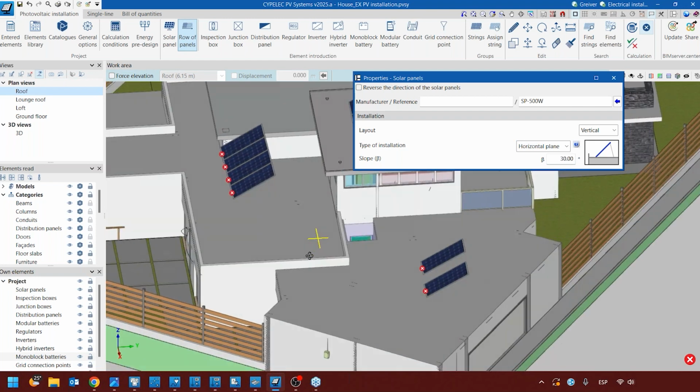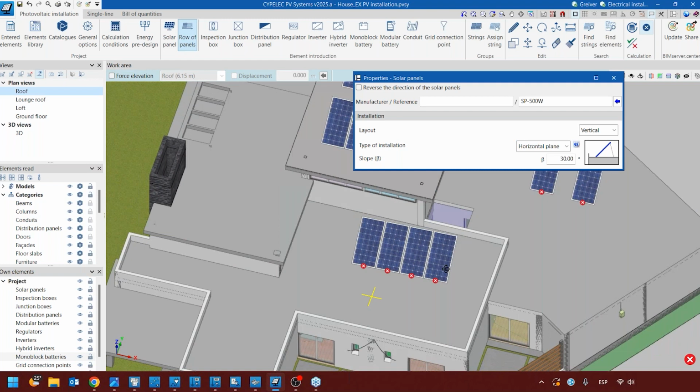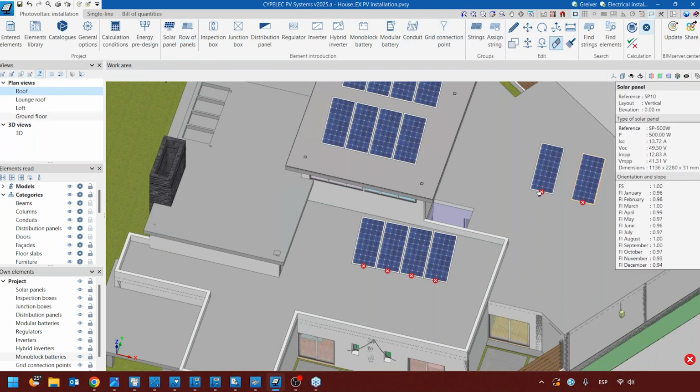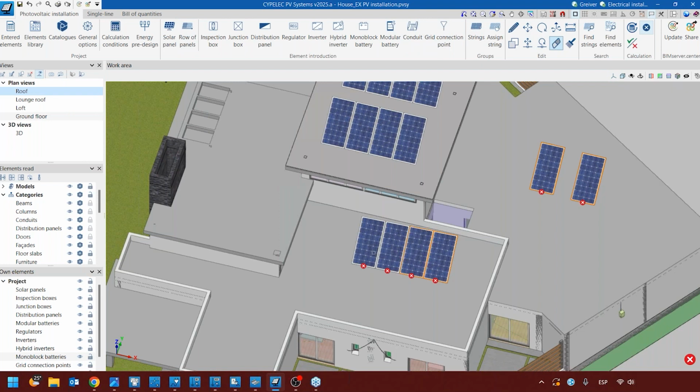As you can see, this is how they are gonna be inserted, just like you can see those ones. Then what I'm gonna have to do is connect those panels to a string according to the inverter that we have inserted. So what I'm gonna do is delete those elements,